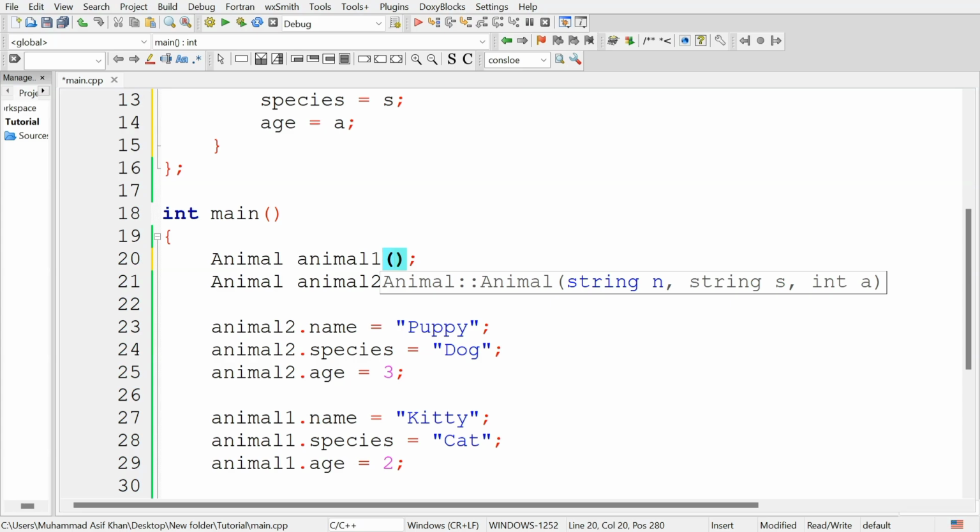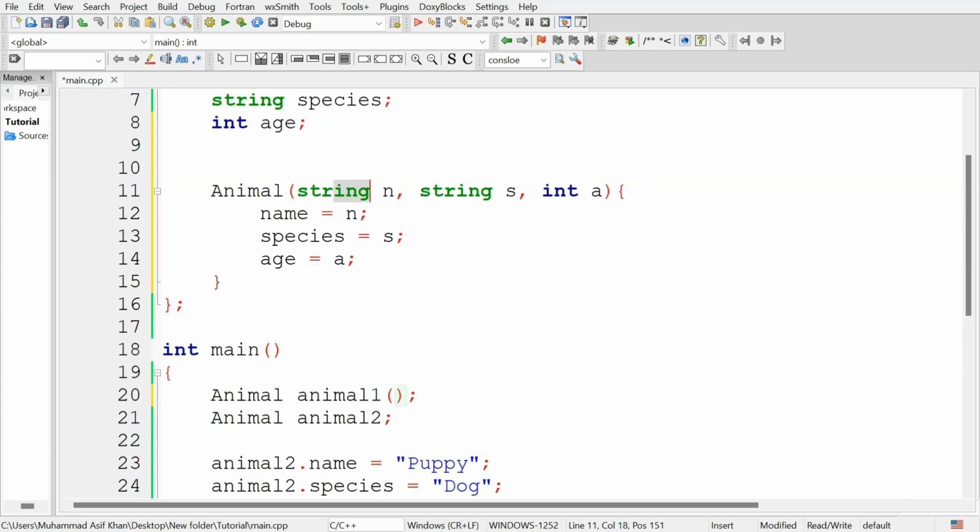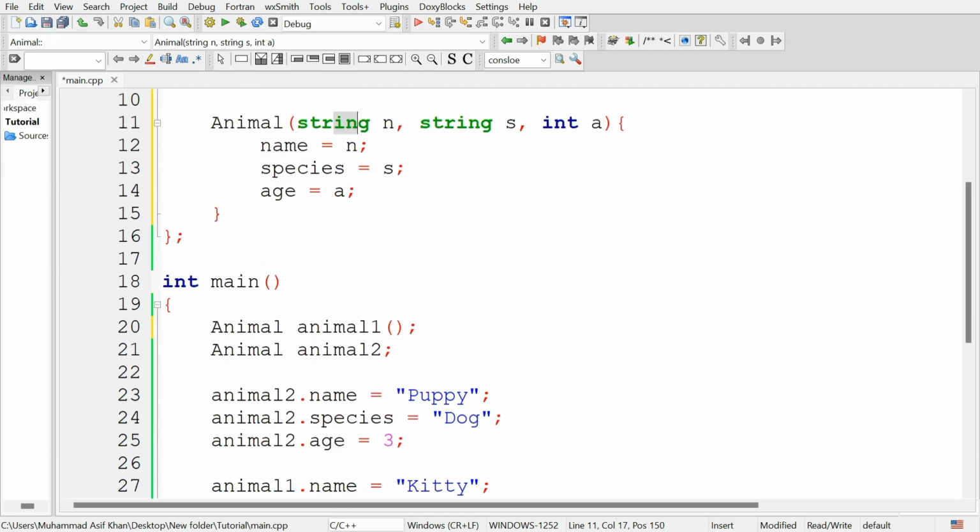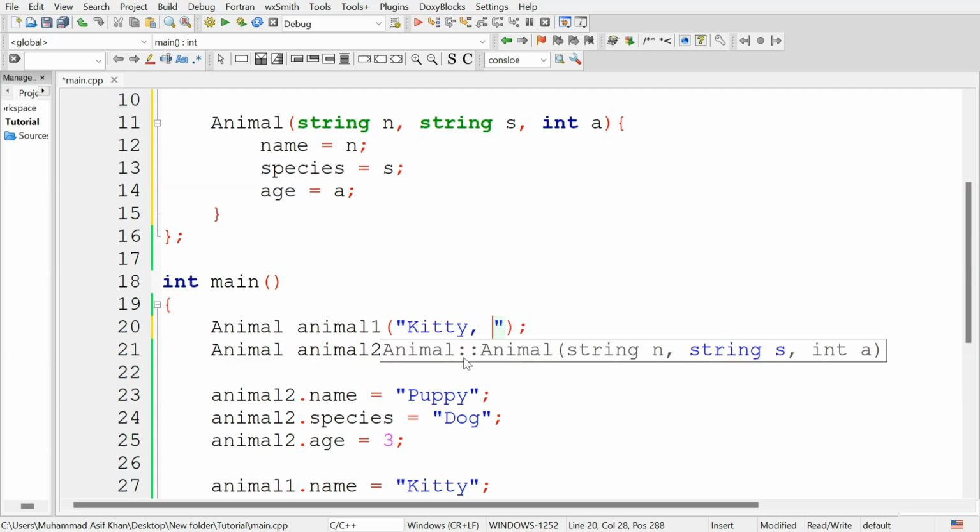This is called the initialization of the object. So first type the value for the first attribute that is given in the animal constructor. For animal 1, the name is kitty, the species is cat, and the age is